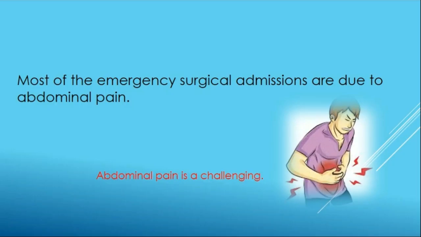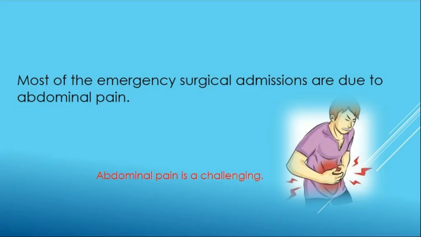As you know, most of the surgical emergencies we get are due to acute abdomen. When you get such a patient, it's very difficult to diagnose. That is really challenging to the surgeon. It's like I just get into a dark room without a light. You don't know where the chair is, where the cupboard and the bed are, and so on. It's our duty to find where the chair and the bed are. So it's a very difficult task, really challenging to surgeons. That's why it's called a black hole in surgery. Acute abdomen is a black hole in surgery.